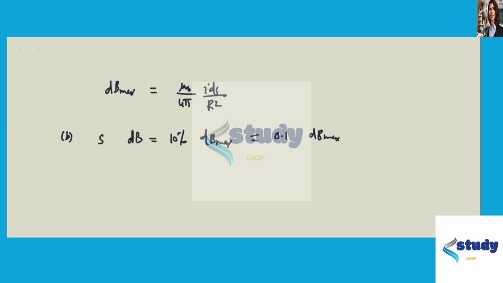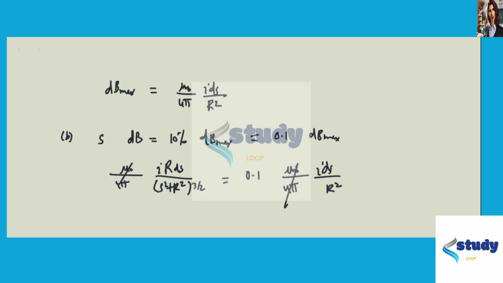So this is trivial. We just substitute the value of dB, which is on the previous slide, mu naught divided by 4 pi I r ds over (s squared plus r squared) to the power 3 by 2, and dB max, mu naught divided by 4 pi I times ds over r squared. So most of the things cancel out here. So we have I ds, and after doing some simple algebra, we find out that s is just